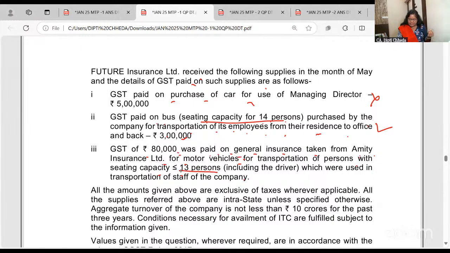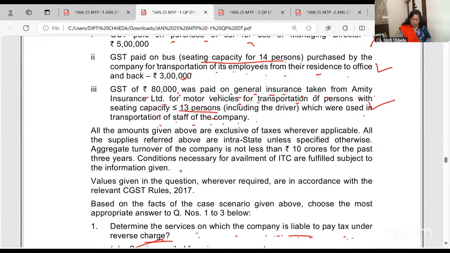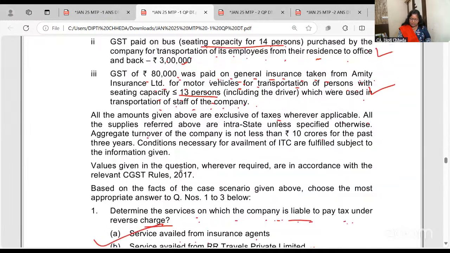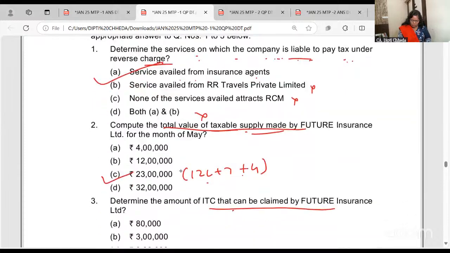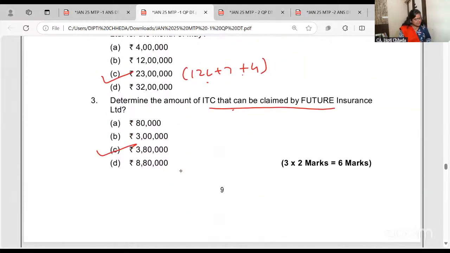GST of 80,000 was paid for general insurance taken from another company for a motor vehicle used in transportation of the staff of the company. So it is in the same line of business, it will be allowed. All the amounts are exclusive, and it's above 10 crores aggregate turnover and all. So on what ITC will be allowed, the answer will be